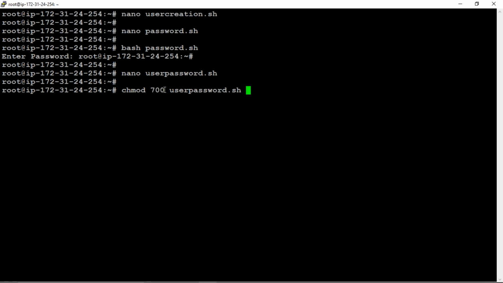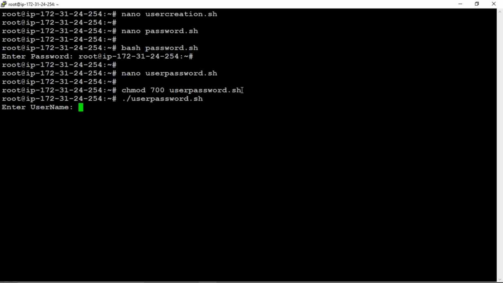Okay, directly we can execute this file by using bash and the file name, but in real-time scenarios it is always better to give the permissions like this, so it doesn't get executed directly. Okay, and enter. Now try to execute the file, user_password.sh.